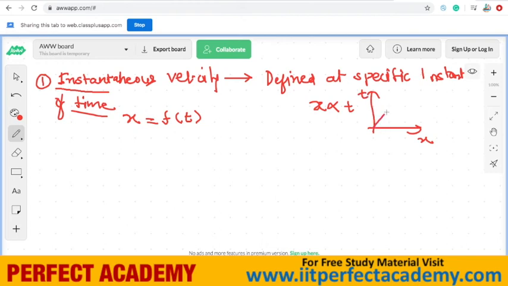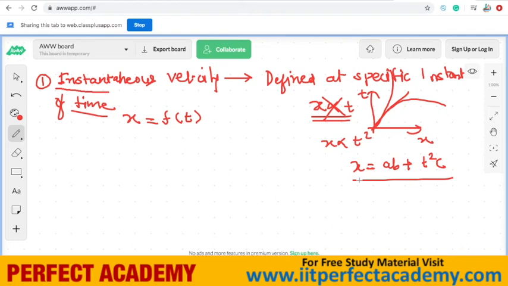We are going to get this kind of a linear graph. We may get this kind of a graph, we may get this kind of a graph. Even though we are studying linear motion, it is not required that x is always directly proportional to t. Sometimes we may have x directly proportional to t square. Sometimes they'll give you x is equal to a plus bt square into c. This kind of a relation.